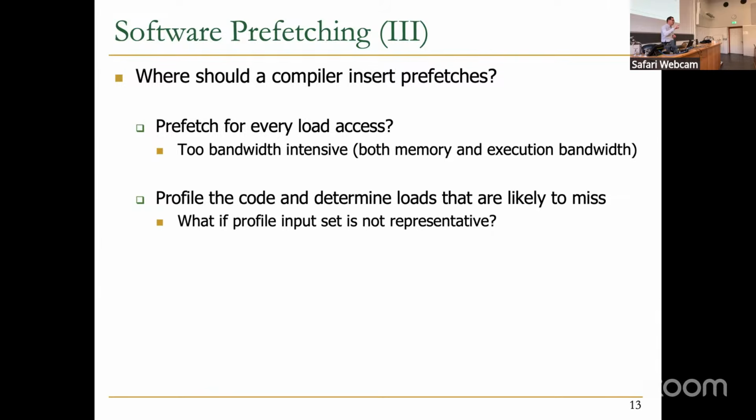So you try to figure out which loads are going to miss in the cache, and you try to prefetch only those. You could determine this using profiling, or you could determine this using some analysis, right? Static analysis of the code, assuming some microarchitectural parameters, assuming your accesses are really, really regular, and you can model things nicely, static analysis may work fine. But if your accesses are somewhat irregular, you have a lot of other things in your cache, etc., then you may need to profile. Of course, with profiling, if you figure out this load is going to miss a lot of the time, let's say 90% of the time it's executed,